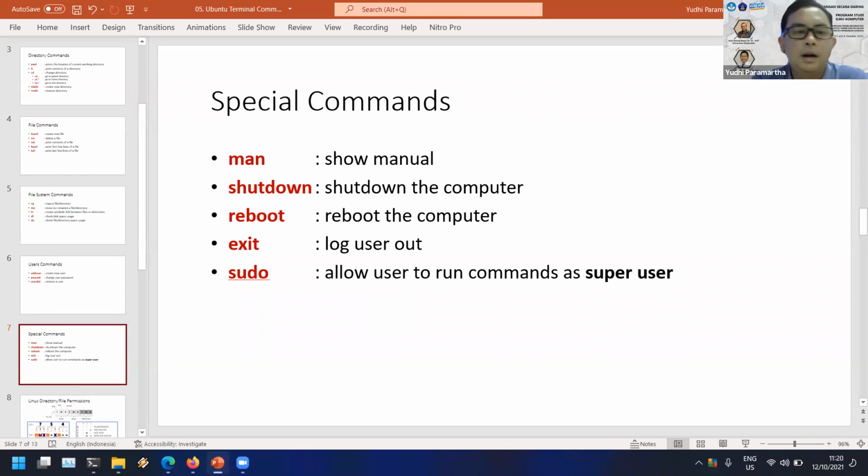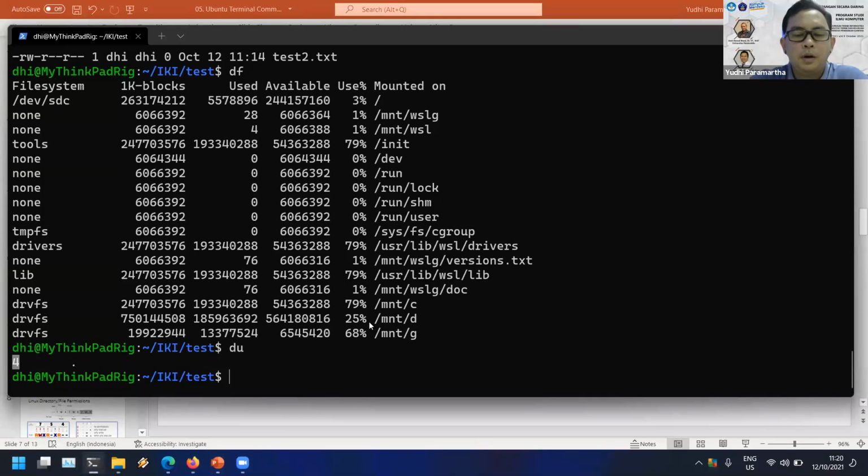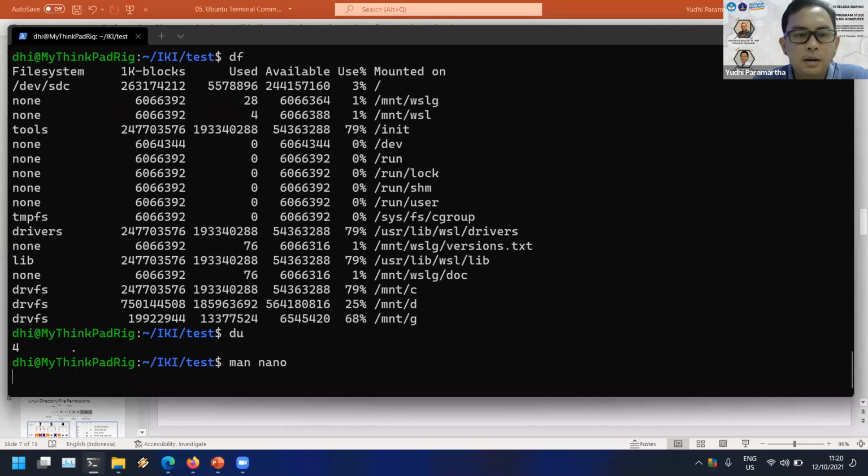Okay. For example, we used nano before, right? But when we want to know how nano functions, we could use man to see the user manual of nano. Okay, so we could type man nano and then enter.